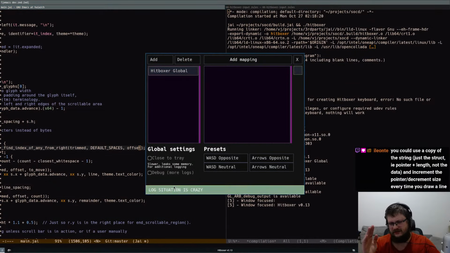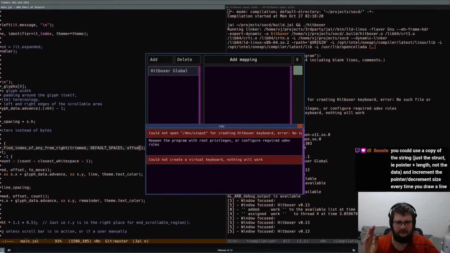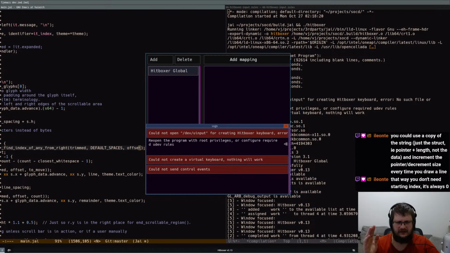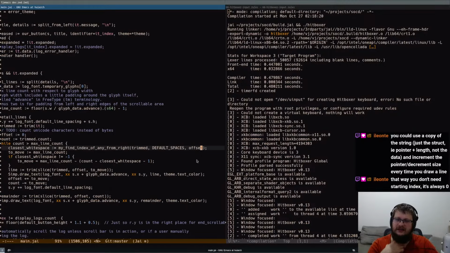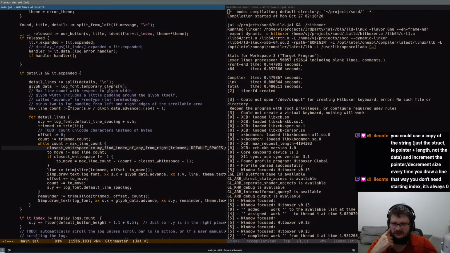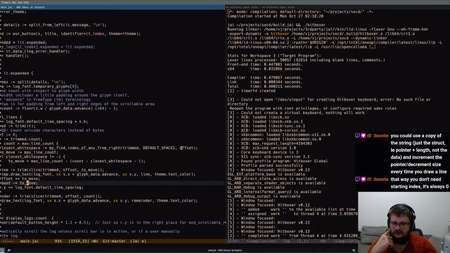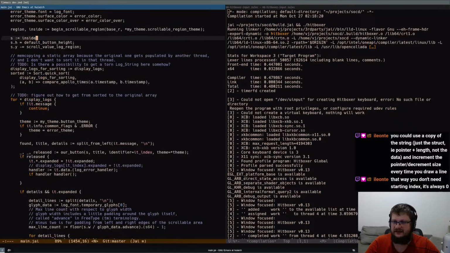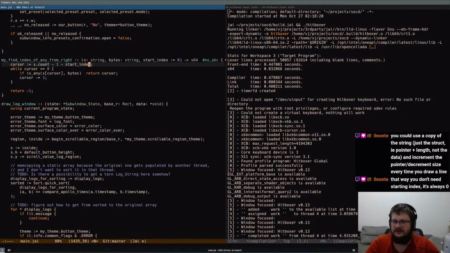Oh, offset is from left, so it's probably not going to work, because this offset is different. It needs to be count. It needs to be count, and this means that it needs to be